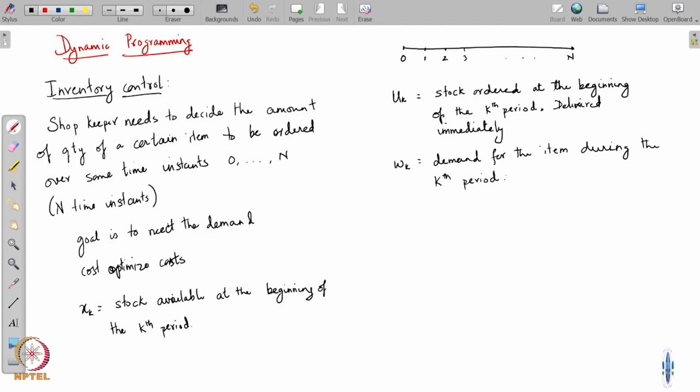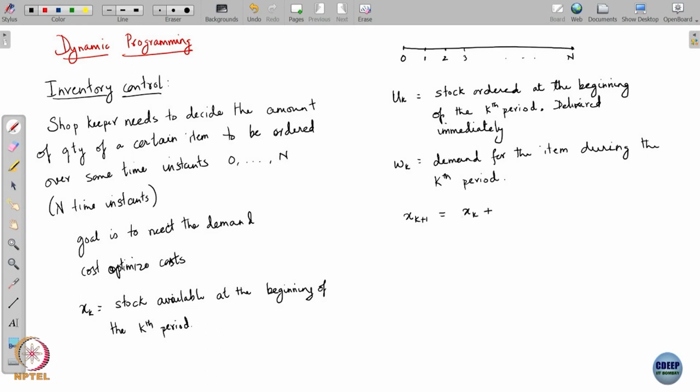Now, demand again is not something that we can attribute to either the left endpoint or the right endpoint. It is rather a property of the entire period. But since we have adopted this convention, we can relate the stock available at the beginning of the k plus 1th period to the stock available at the beginning of the kth period and the demand during the kth period, right. So, now as a result of this, we have that x k plus 1 is going to be equal to x k